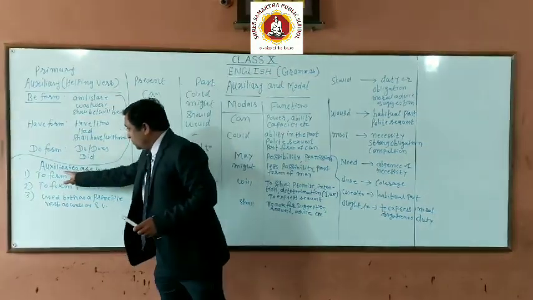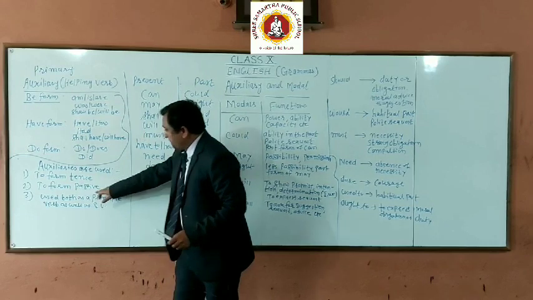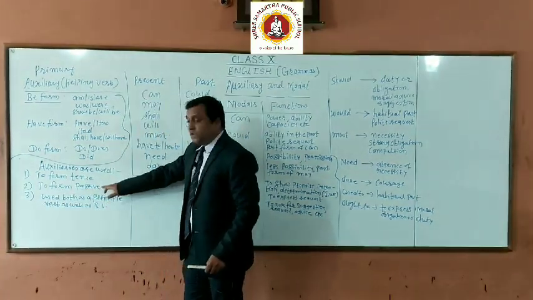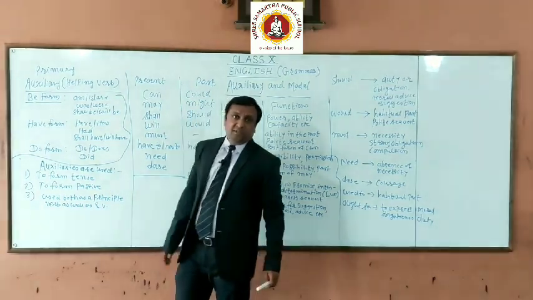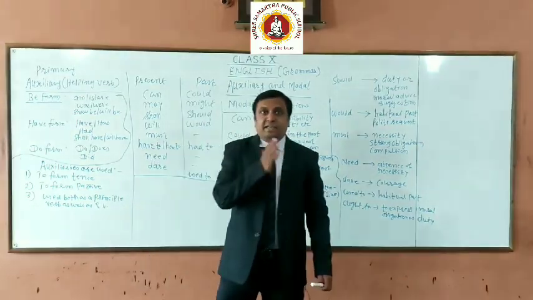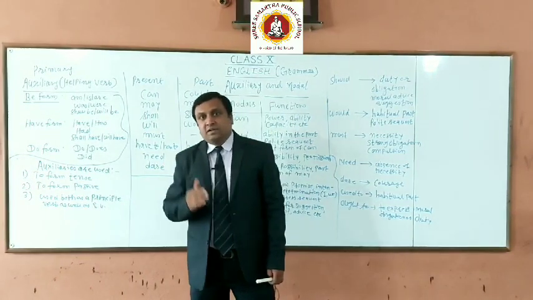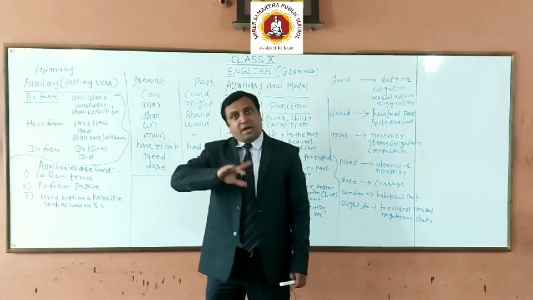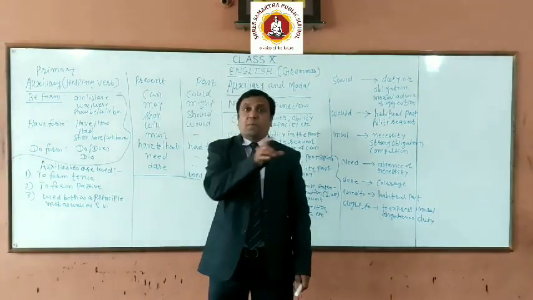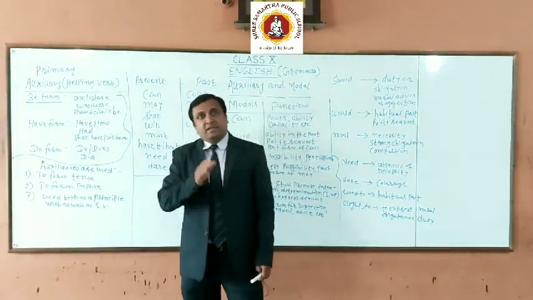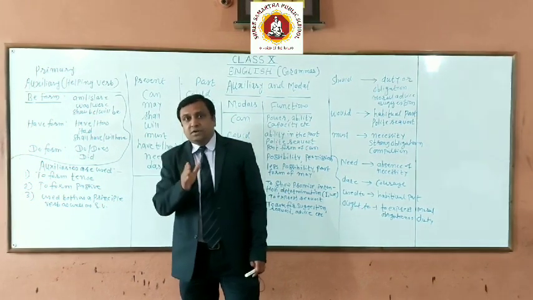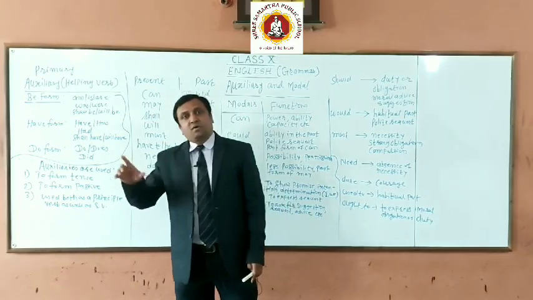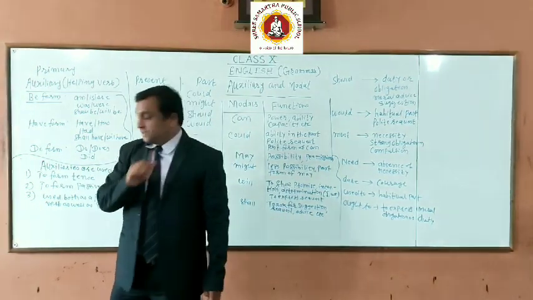It is also used to form passive construction. For the passive construction we are using auxiliary verb. Take the example: he writes a letter. A letter is written by him. So primary auxiliary verb supports the passive construction. He has bought a new car. A new car has been bought by him, etc.